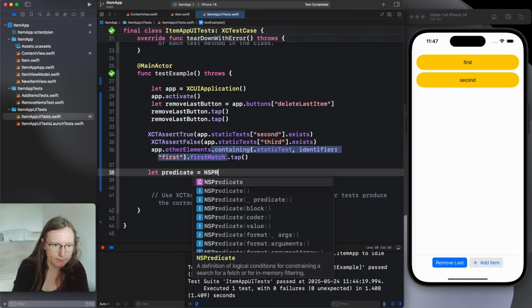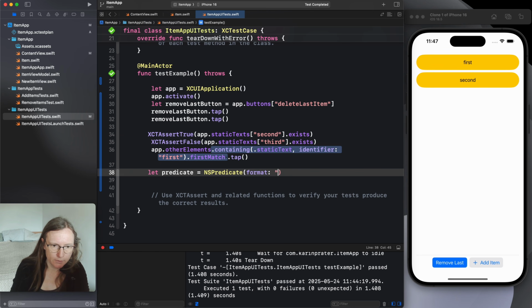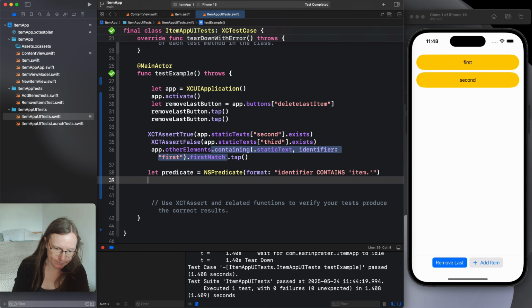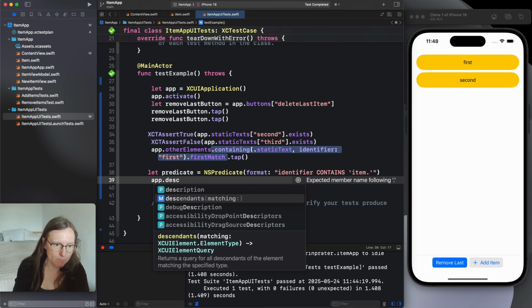This is an NSPredicate format. So I said I want to have something where the identifier contains this item dot. If you work with Core Data predicates, you're probably familiar with this. They just reused it here so we can do some more advanced filtering and searching with a little bit more flexibility. So once I have this, I can go in my app, descending, matching